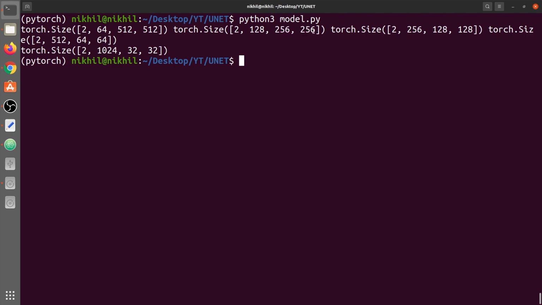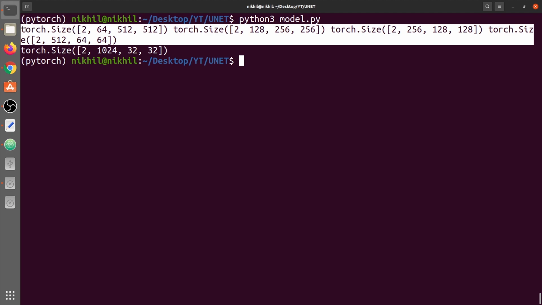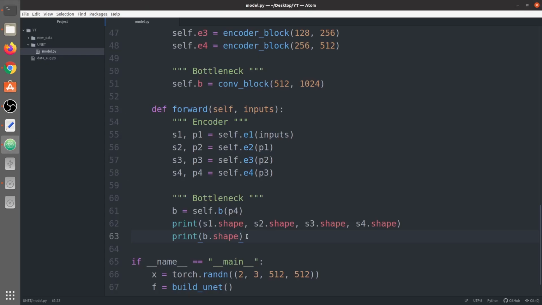Then again 256 divided by 2 is 128. Then 128 divided by 2 is 64. And in the bridge, 64 divided by 2 is 32. So all four skip connections are really useful to us because we need them in the decoder part. So you need to remember their shapes so that we can concatenate them exactly to their matching or corresponding decoder block.